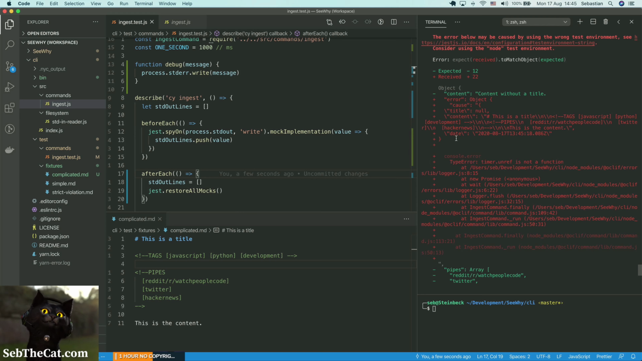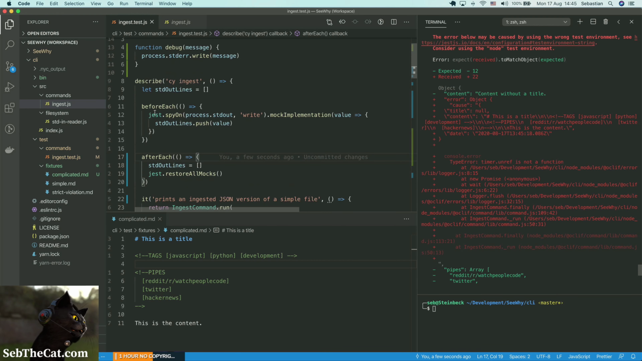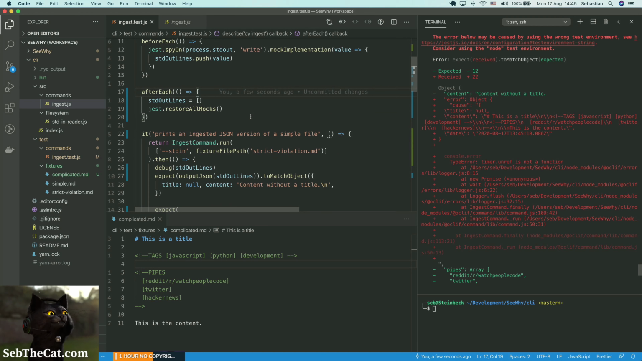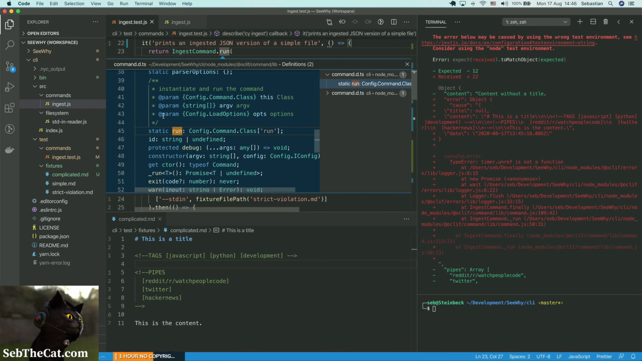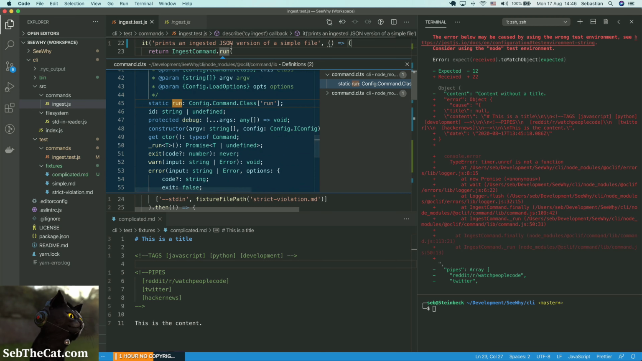Okay, and for some reason, our jest spy is picking up the... interesting. Have a look. So this is a static command, static function on the